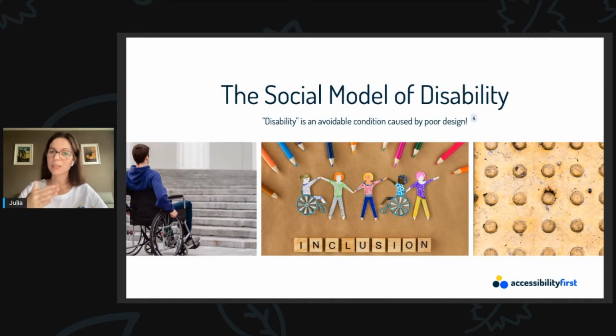Is the wheelchair the problem, that the person who depends on it cannot enter the building? Or is it the poor design of the building itself that has even begun to exclude people in wheelchairs by providing only stairs? Think about it. If the building has been built at ground level, there would be no problem. The problem was created by the humans themselves when they designed something that would suddenly exclude a certain kind of people.